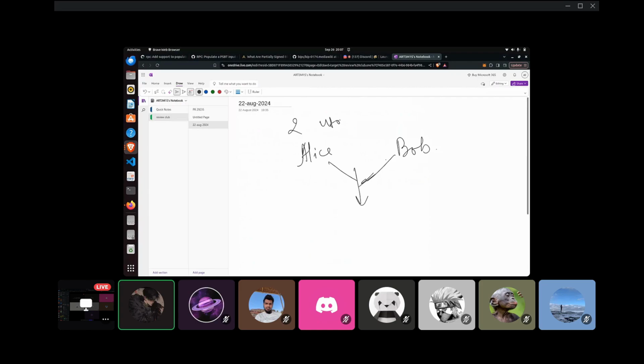So let's say UTXO 1 is of Alice and UTXO 2 is of Bob. So we want both of these UTXOs to be in a transaction, and this is to be sent to, let's say, some X, and for some reason Alice and Bob are not simultaneously available, and let's say Bob is unavailable